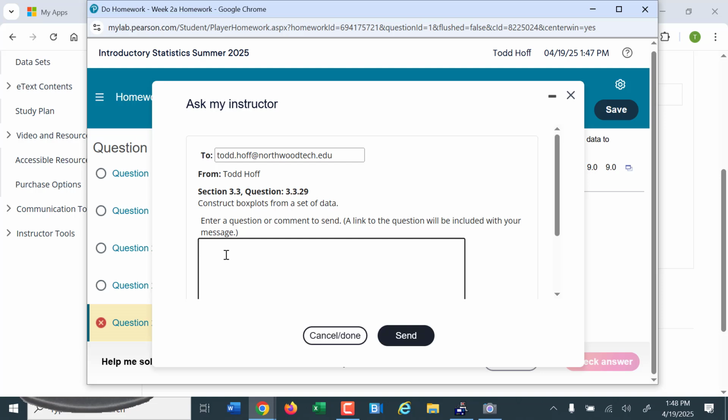It might be something simple like, I think I've got it right, but I'm not sure if I'm entering the form of my answer correctly or whatever. You can give me specific information on what is confusing you on this question, and then I can answer. So it's important that you use this if you have a question on a homework question, because if you just